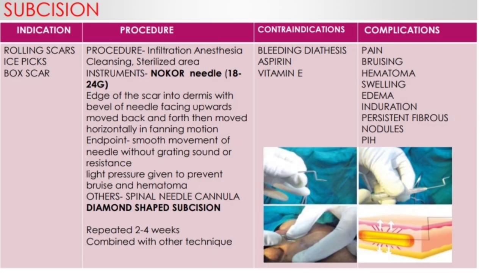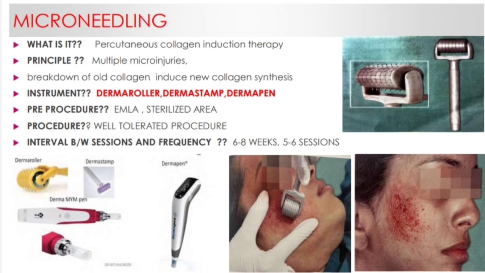The next procedure is microneedling. Microneedling is a percutaneous induction therapy in which a handheld rolling instrument with tiny needles is rolled over the skin, which causes multiple microinjuries in the skin, leading to breakdown of the old collagen and inducing the synthesis of new collagen. It is done with various instruments, which include the derma roller, derma stamp, and derma pen. A standard derma roller usually has 192 needles, usually 200 micrometers in length and 70 micrometers